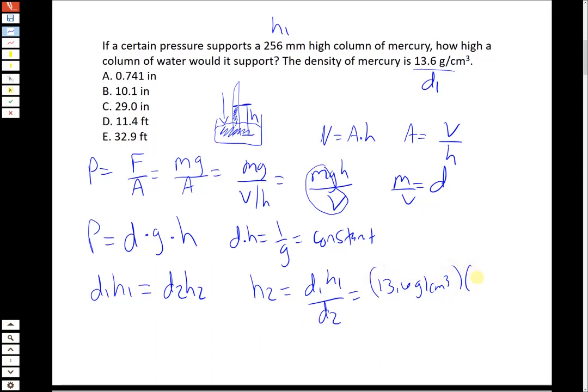H1 is the height of the mercury column, which is 256 millimeters. And then finally D2 is the density of water, which is 1.0 grams per cubic centimeter. So what we come up with for the height of the water column in millimeters is just 13.6 times 256, which is